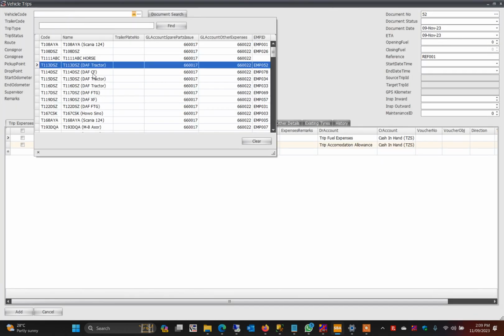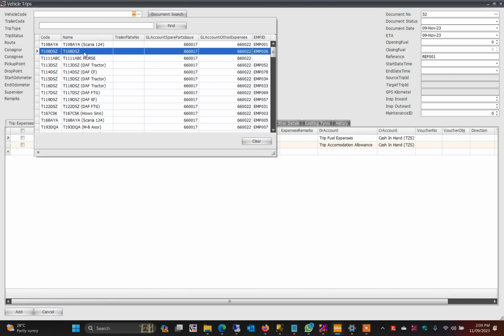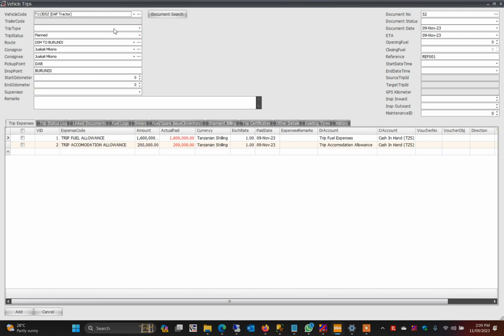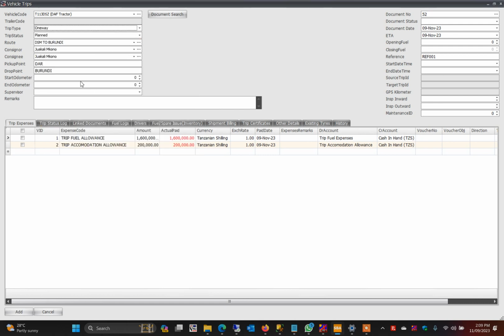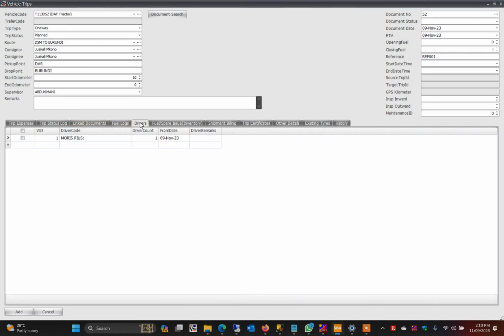So here I can select the vehicle. Let me select this vehicle. Second is the trip type, whether we are sending one way or returning, depending on the scenarios. Okay, what was the starting odometer? I'm just leaving it as that. What is the supervisor? Now, as soon as we select the vehicle, the driver who is inside